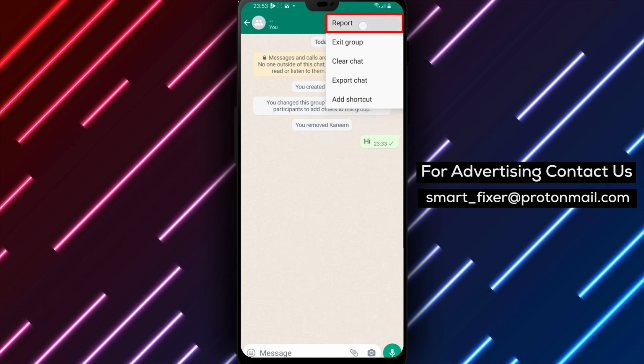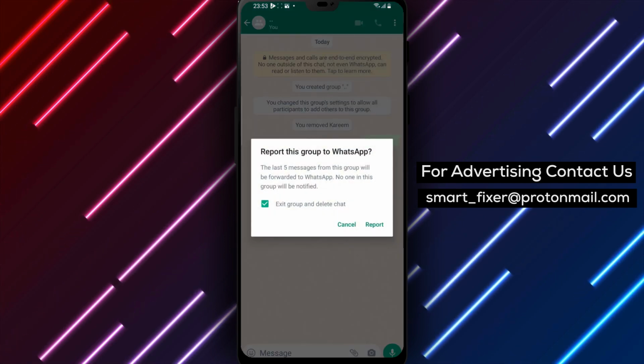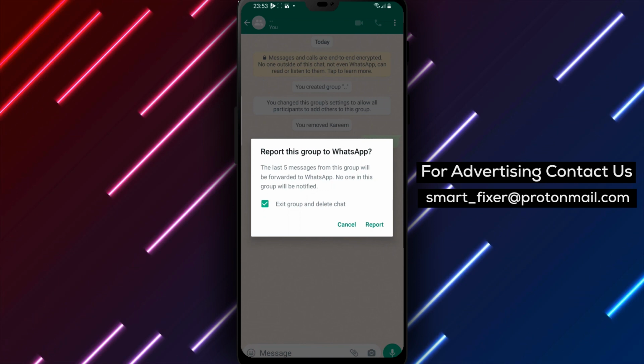In conclusion, we hope this tutorial was helpful in showing you how to use WhatsApp customer service on your Android